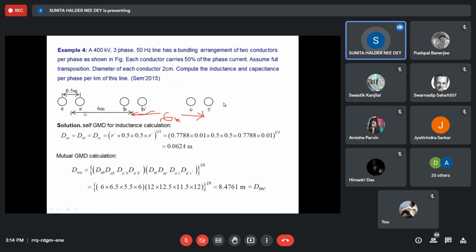Let us find the mutual distances between A and B first. So AB dash, A dash B, A dash B dash. Similarly AC dash, A dash C, A dash C dash. Then you can calculate this one. Here, since the distances are the same, that means